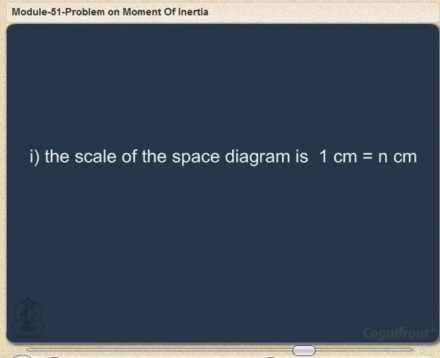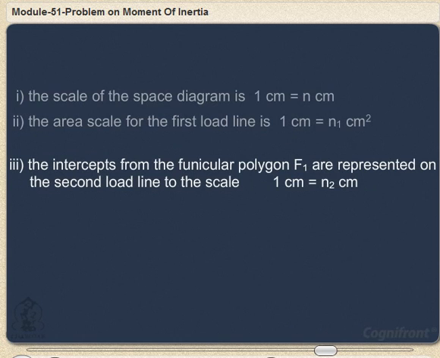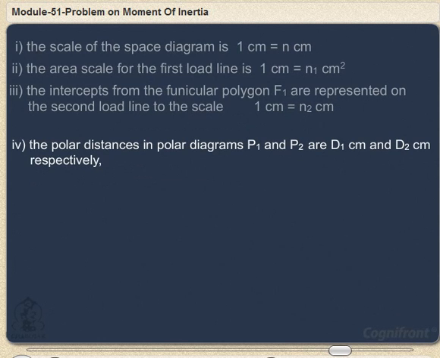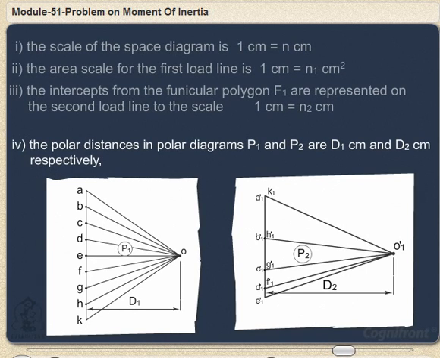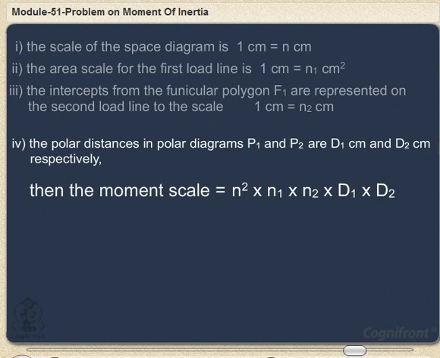If the scale of the space diagram is 1 centimeter equals n centimeters, and if the area scale for the first load line is 1 centimeter equals n1 centimeter square, and if the intercepts from the funicular polygon F1 are represented on the second load line to the scale 1 centimeter equals n2 centimeters, and if the polar distances in polar diagrams P1 and P2 are d1 centimeters and d2 centimeters respectively, then the moment scale equals n square into n1 into n2 into d1 into d2,